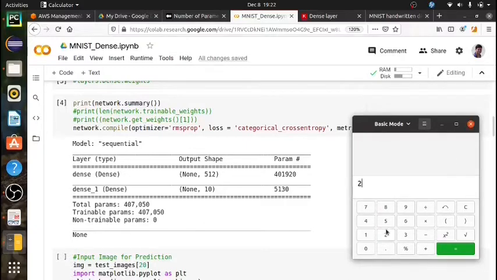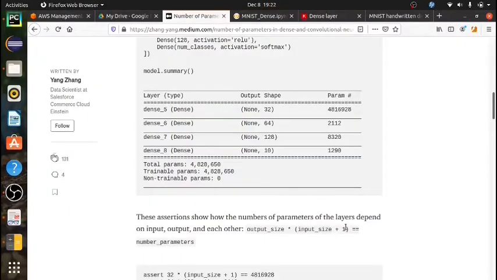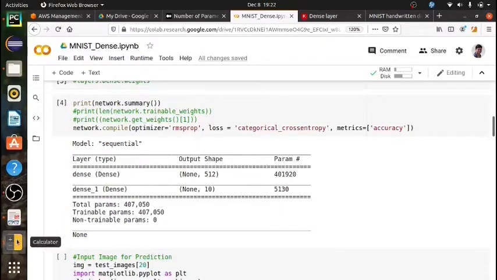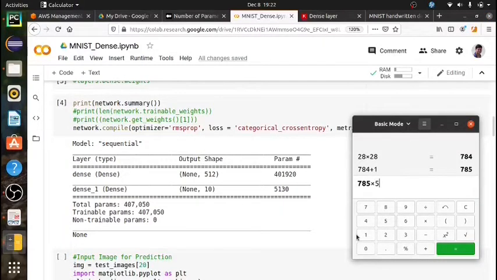So the input is 28 multiplied by 28, input size plus 1, multiplied by output size, that is 512. That gives 401920. This is matching this one, right?